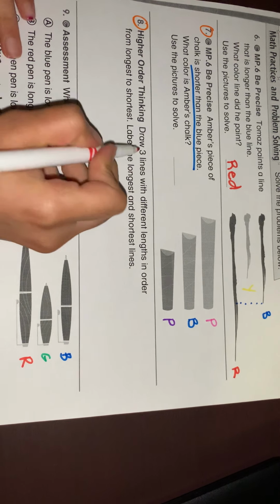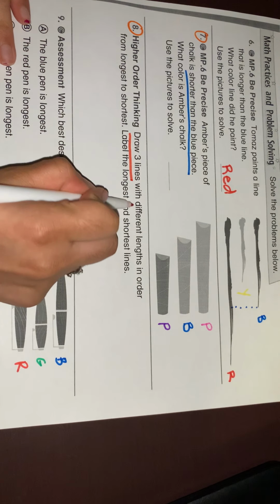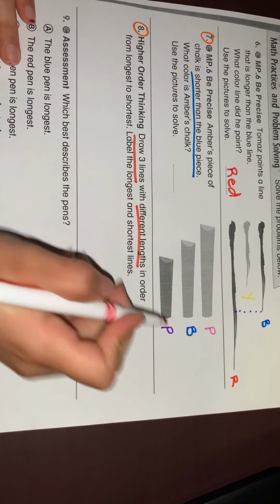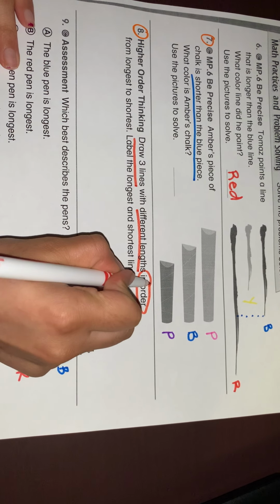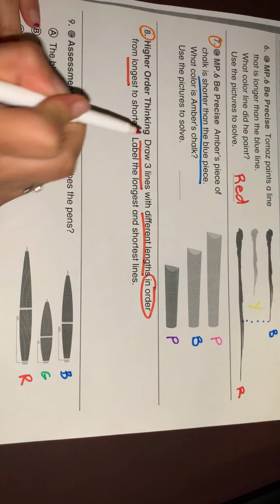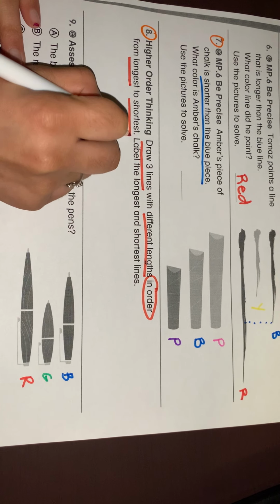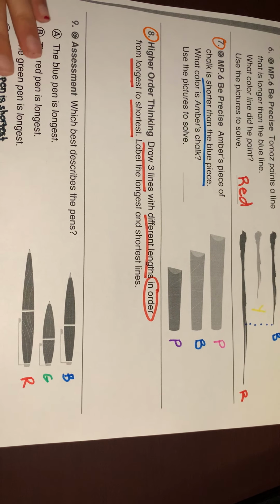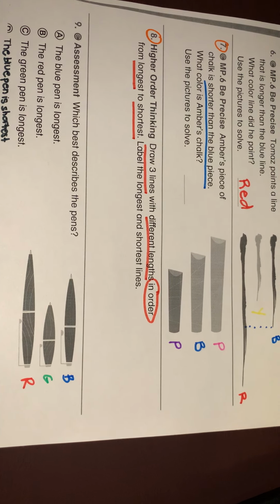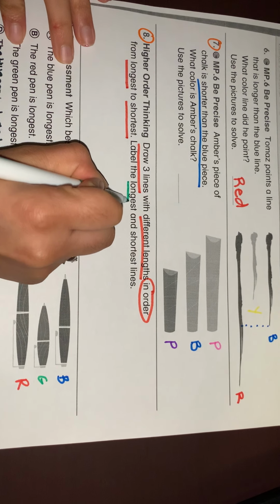So again, you're going to draw 3 lines with different lengths in order from longest, so the most big, to shortest, the most small. Then label the words, and I'm going to underline them in green so if you need help spelling,